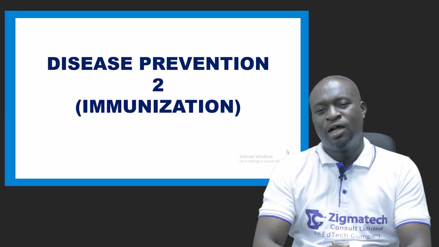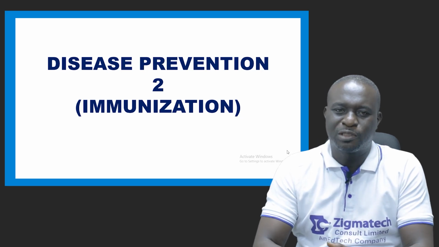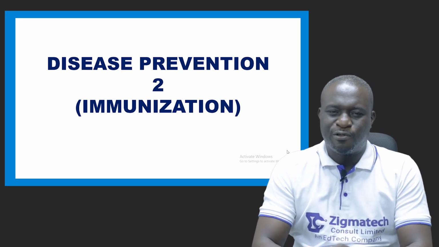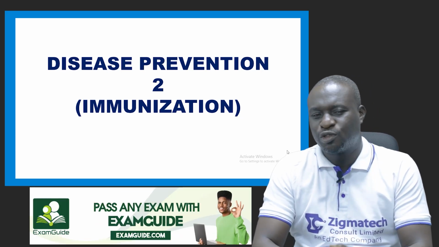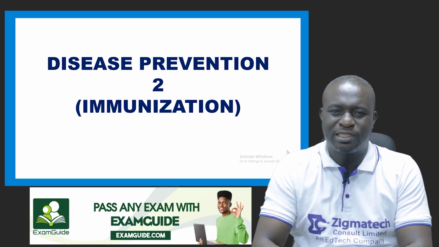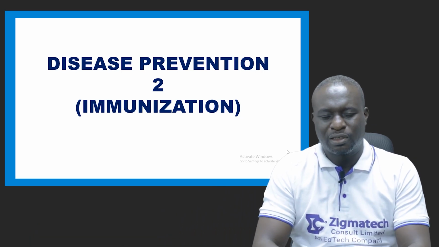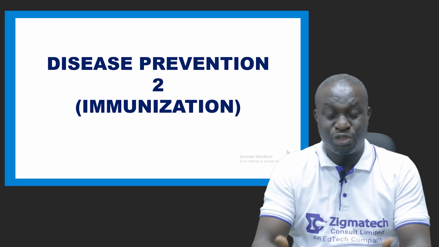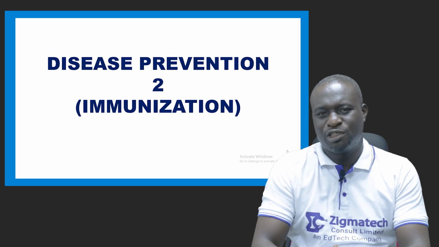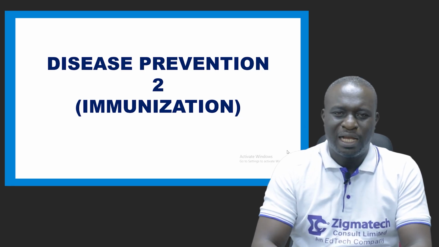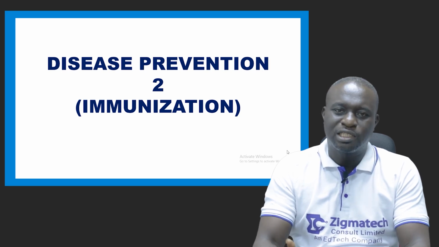Good day. Today we're going to be looking at another exciting topic on disease prevention, part 2. In the first one, we looked at waterborne diseases. We talked about cholera, dysentery, diarrhea and typhoid. We also looked at how to treat your water. We talked about aeration, coagulation, flocculation, sedimentation, filtration, and disinfection, and we said these are the step-by-step processes that help you to treat your water.